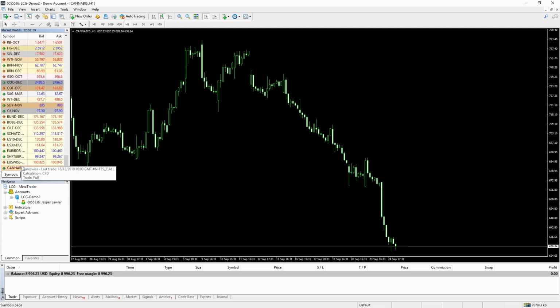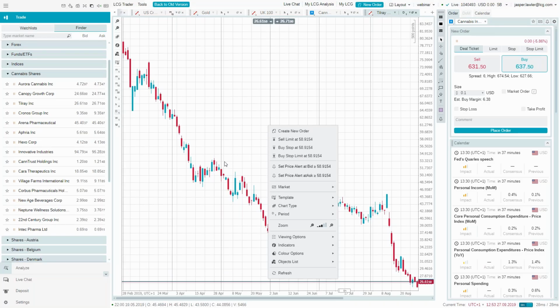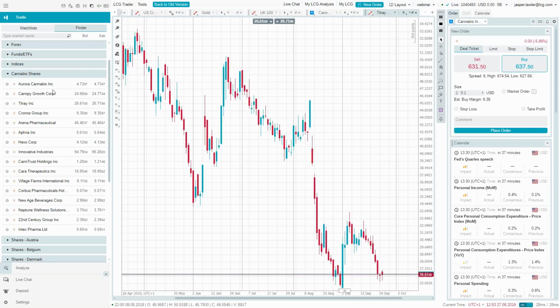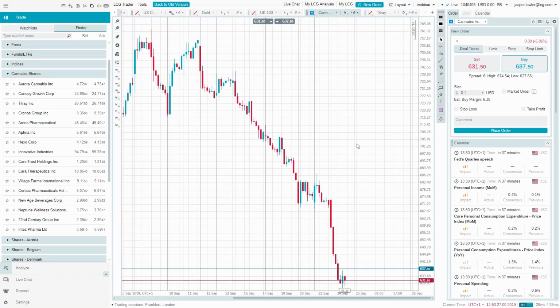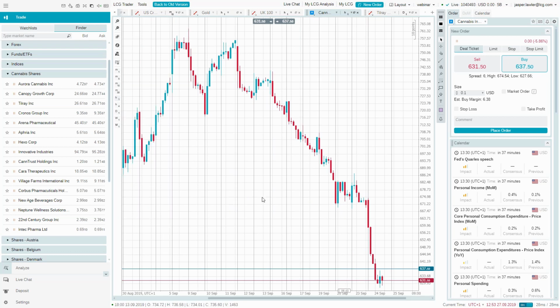that's it. Cannabis, that is the Cannabis Index. It's tradable through the LCG MT4 platform, and so here you can see quite cleanly the kind of pullback that we're into at the moment. So I'll leave MT4 and jump right back to the LCG trading platform. If I put a few indicators on here, and get back to the index, you can basically see that we're in a pretty hefty downtrend in the short term at the moment,